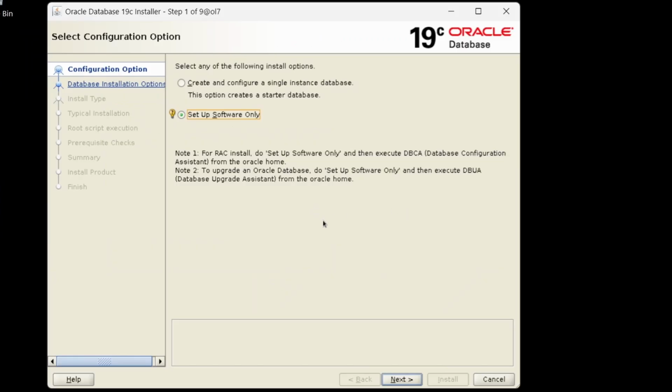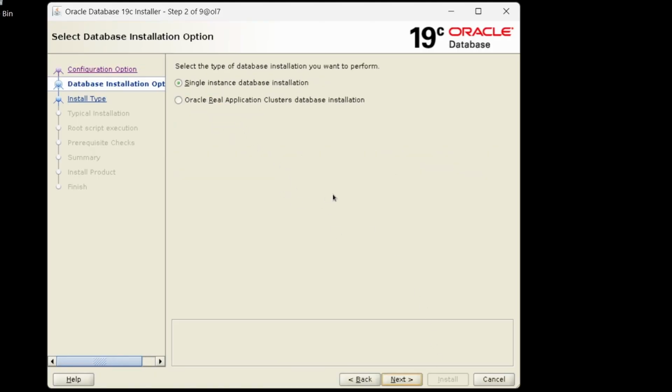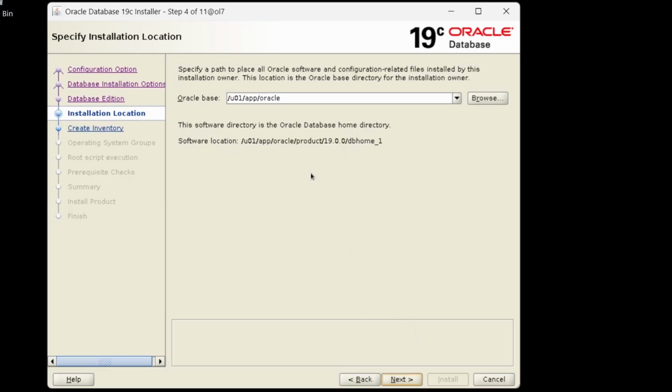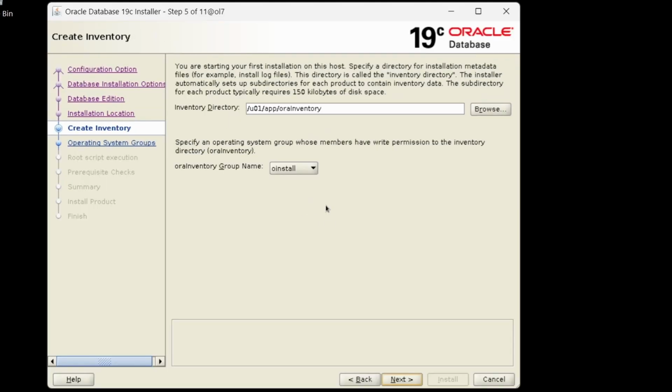Okay, so configuration option, let's select set up software only, and then single instance database installation. We are going to select the Enterprise Edition, and then Oracle base is /u01/app/oracle. And here is the Oracle inventory, /u01/app/oraInventory.